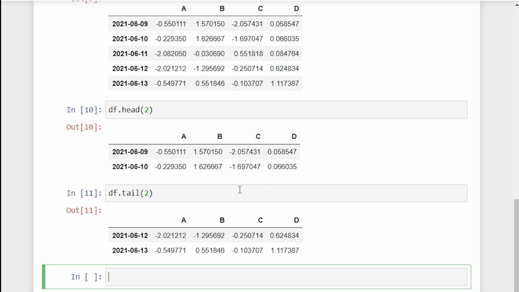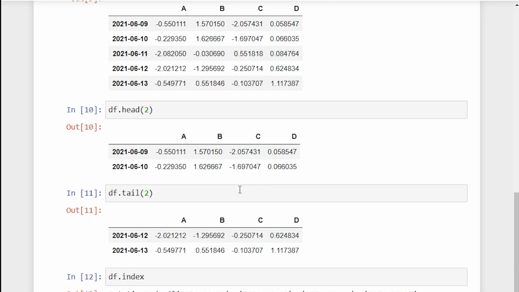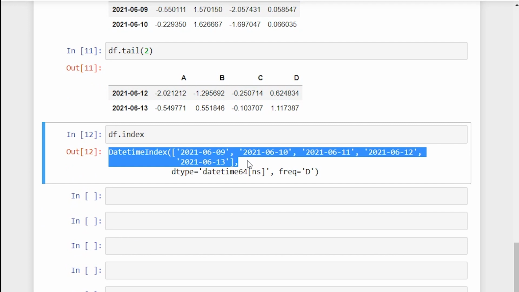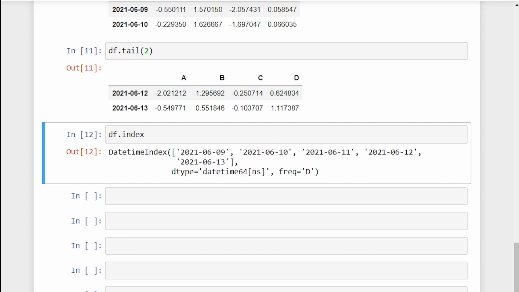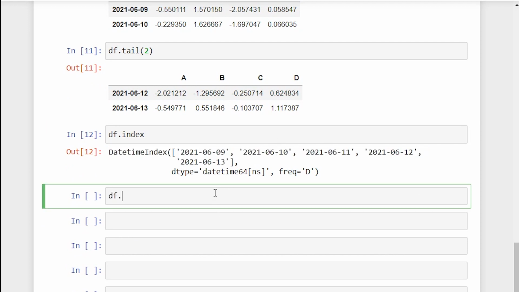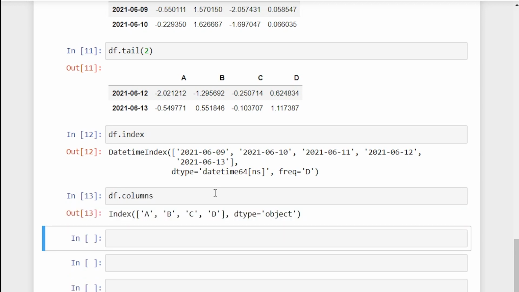After that I can say df.index. This is going to give me the index that we have, which is always going to be pretty much unique. Similarly, I can say df.columns. There are a lot of methods. You can do data manipulation very easily. It is very efficient. Even I prefer it over SQL, that is my personal preference. If you are very good with Python, you are never going to regret it. You don't have to learn a separate language for it. You can just use your intuition and your efforts on this one.